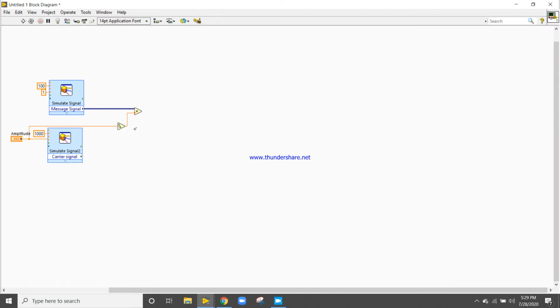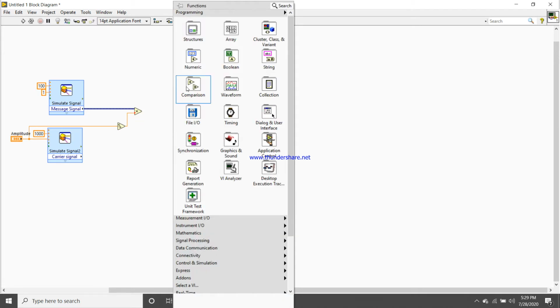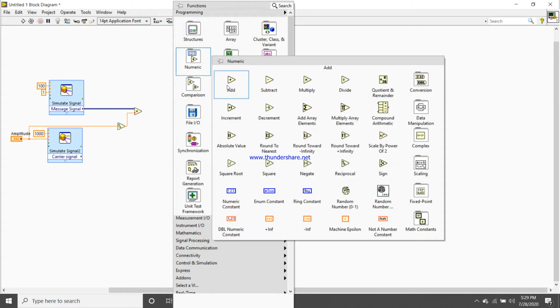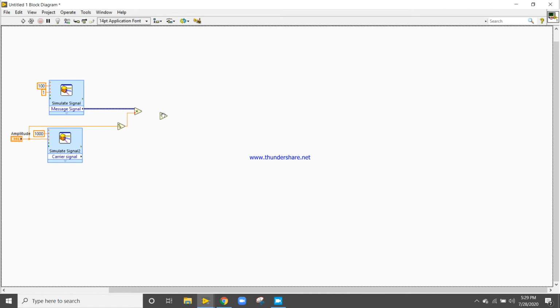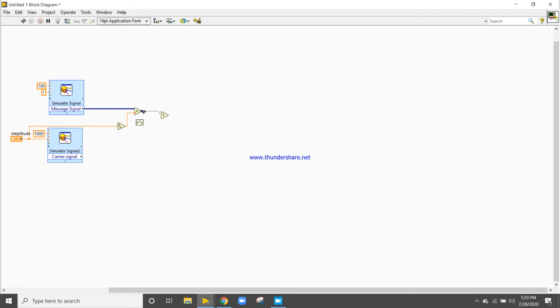This is also 1 by. Now use the increment. But that is not a good practice in increment here. So that's why I am taking create constant 1, then try to connect with this.